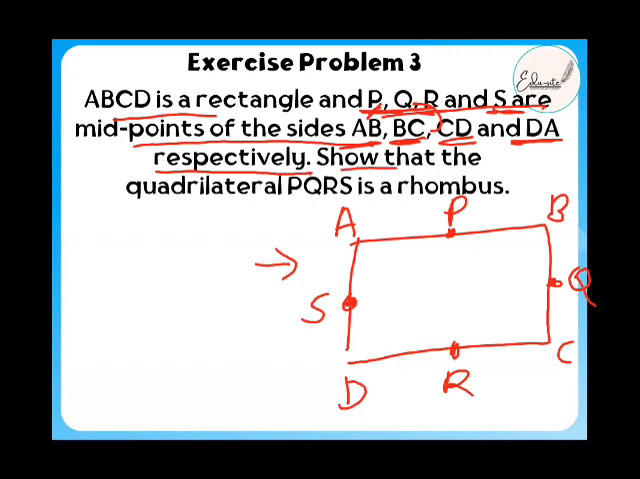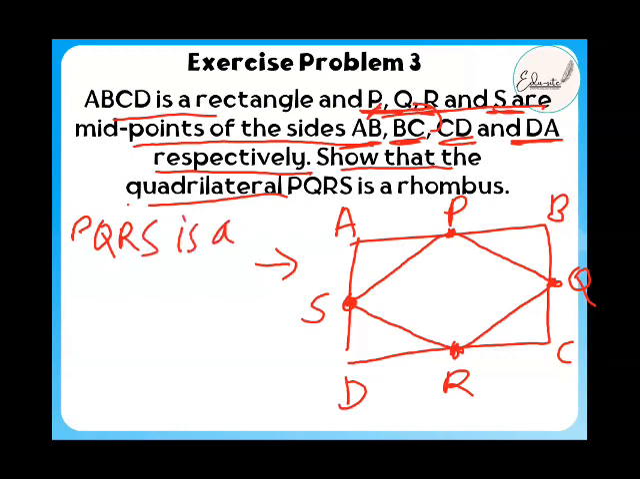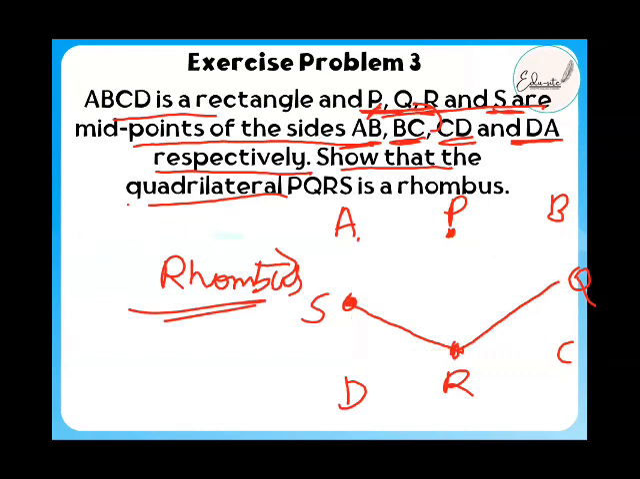Then they have told us to show that the quadrilateral PQRS, that is, you have to form a quadrilateral. PQRS is a quadrilateral, right? Now you have to show that this quadrilateral formed is a rhombus. Now prove that PQRS is a rhombus. This is a proof. How will you prove this? To prove something is a rhombus,